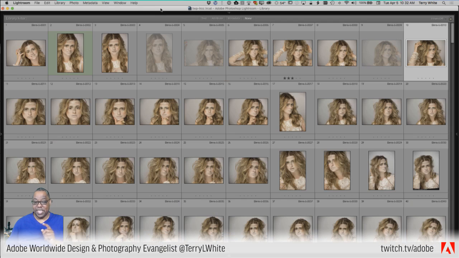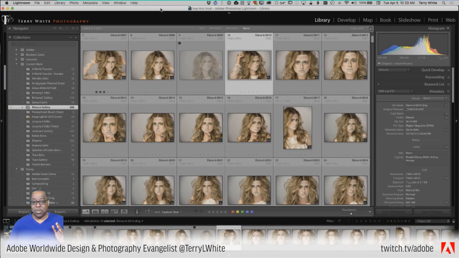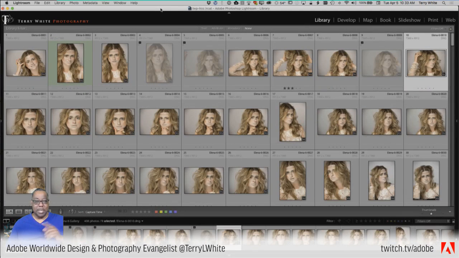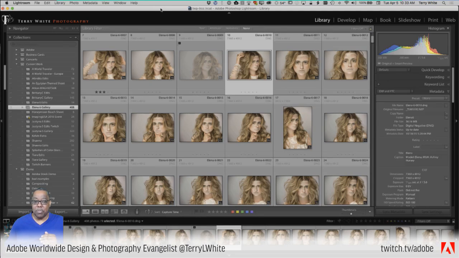Hitting Shift Tab will turn off all the panels. So it got rid of the panel at the top, the ones at the left and right, and the ones at the bottom, the film strip. It basically gave me a whole screen of grid. Hitting Shift Tab will, of course, bring it all back. So you have Tab, left and right panels, but still gives me my identity plate and menu bar at the top, and my film strip, or Shift Tab to get rid of both. And of course, Shift Tab will bring it all back again.